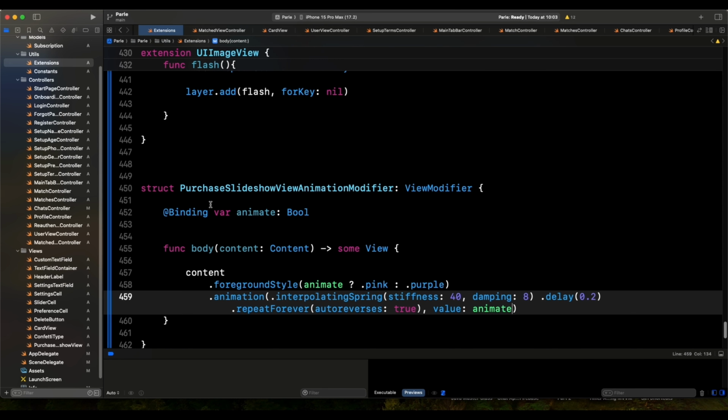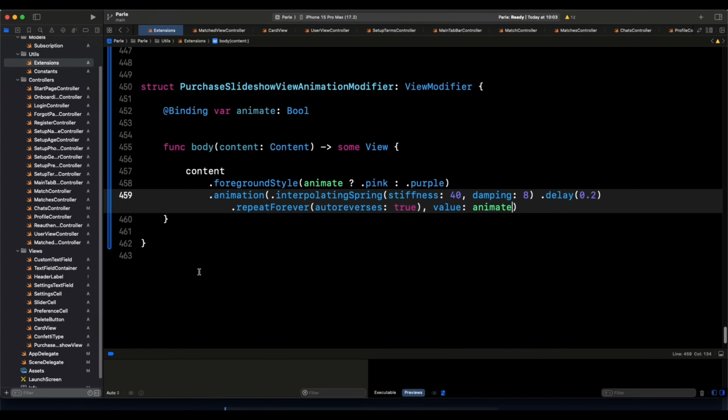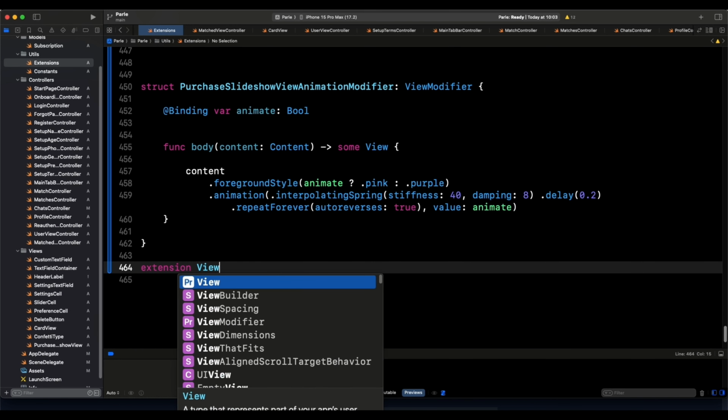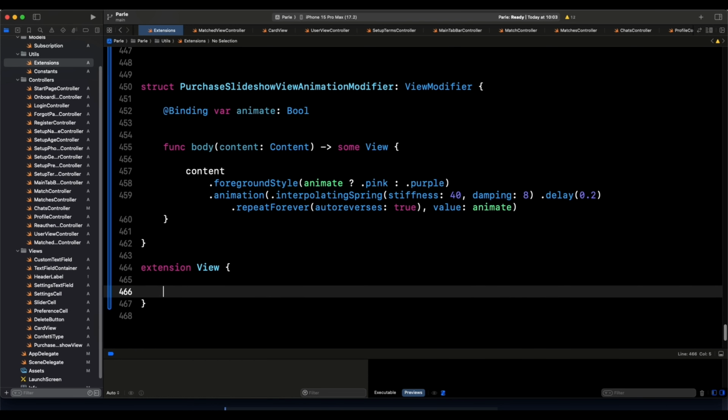and yeah, we're going to call this from a particular view. What we're going to do now is come here, and we have the extension, and what's the extension? It's going to be an extension on View like so, and this is just to make it easier for us. We could call this with the purchase slideshow view animation modifier, but we want to make it a bit easier to call. So we say func. We're going to create a function, and this one is just going to be called purchase slideshow animation